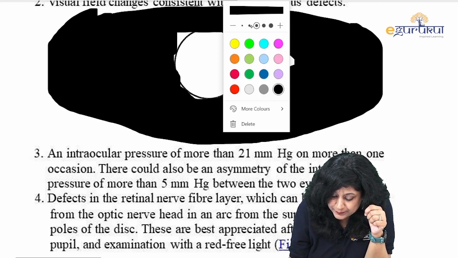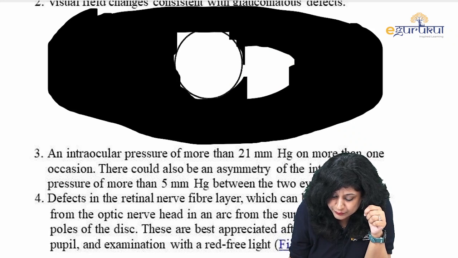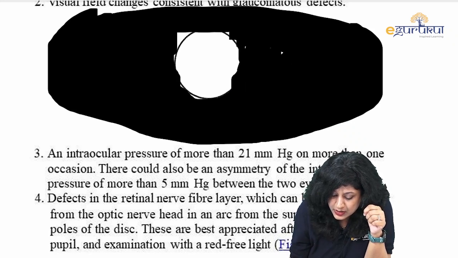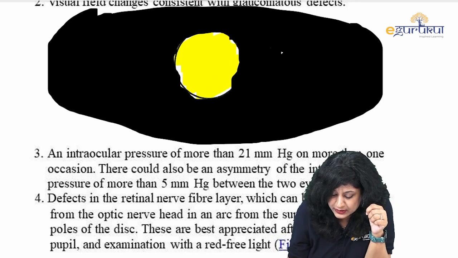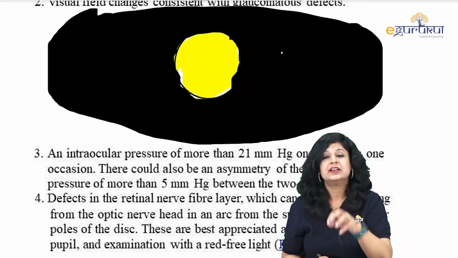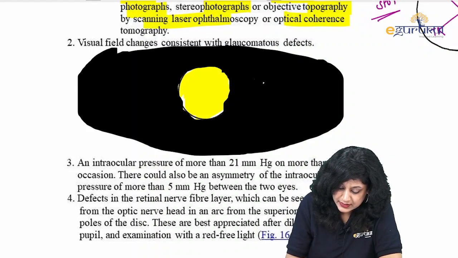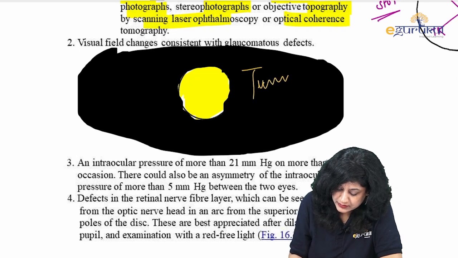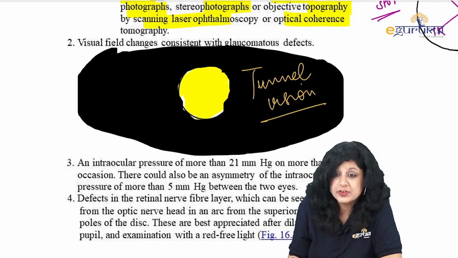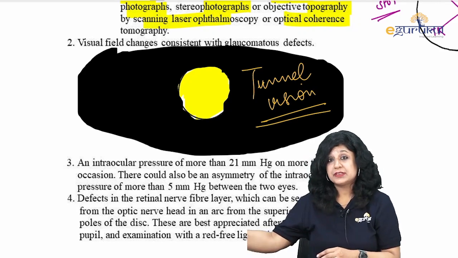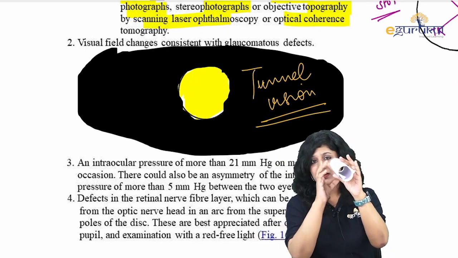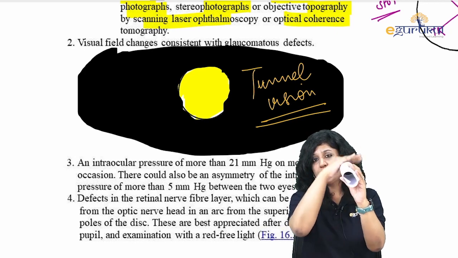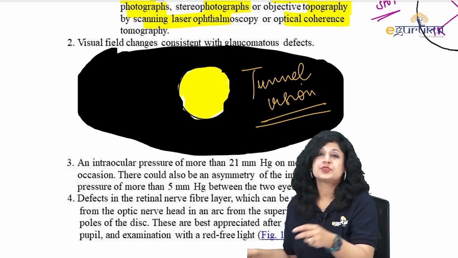Now when the whole of this peripheral vision is gone, what will be left? The person will be having only the central vision. When this person is seeing things, he could see only in the center. This kind of vision is called tunnel vision or tubular vision, as if the person is seeing through a tunnel or a tube. So this person can see only in the center, not in the peripheral area.